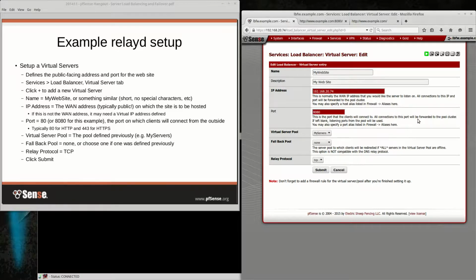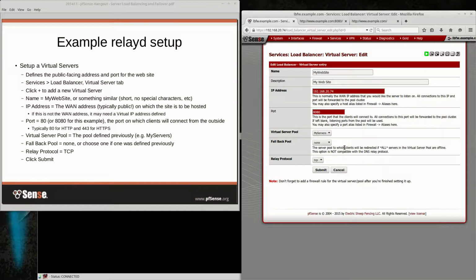In this case, I did 8080 just for my example, as I mentioned, so we can have this and HAProxy coexist. For the virtual server pool, all of your pools will show up in this list, and I just click that one because I've got it. If you just have one pool, don't bother with the fallback pool. However, if you have a fallback pool, you can choose it there, and that will come into play if all of the servers in the main pool are down.